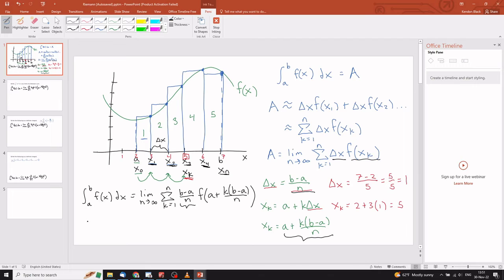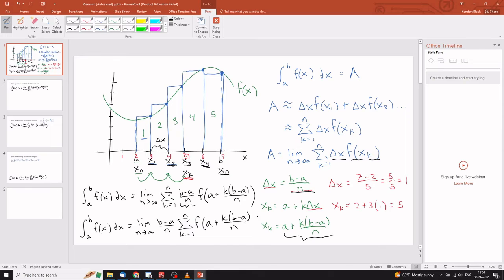So we can also write this: the integral from a to b of f of x dx equals the limit as n goes to infinity of b minus a over n times the summation k equals 1 to n of f of a plus k times b minus a